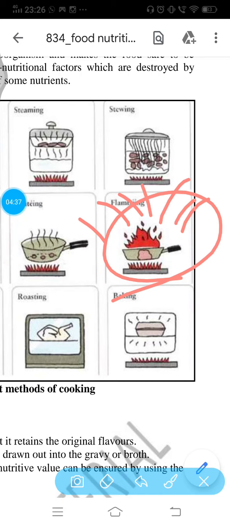In this, they use a certain amount of alcohol which they add over the food. In certain food recipes it is also done, and because you know that alcohol is an inflammable substance, it just catches fire, and that fire is not for burning the food, rather it is only for giving flavor and texture to the food. Sometimes oil can also be used for flaming, as oil also catches fire. If you have seen Chinese food, when noodles are cooked, in certain cases flaming is done. Generally it is done by adding alcohol.